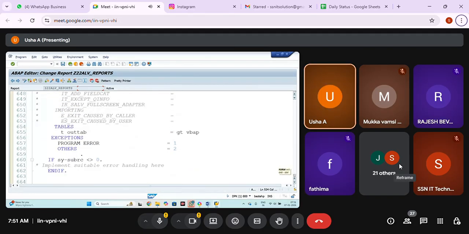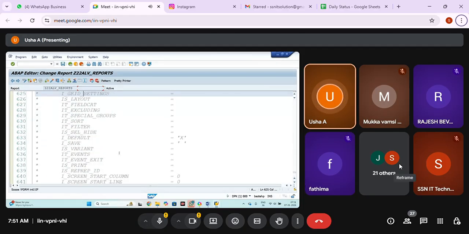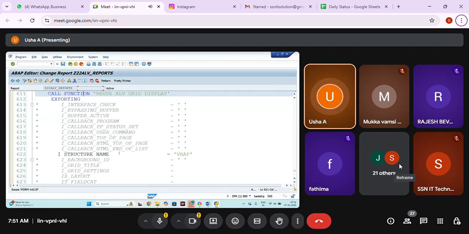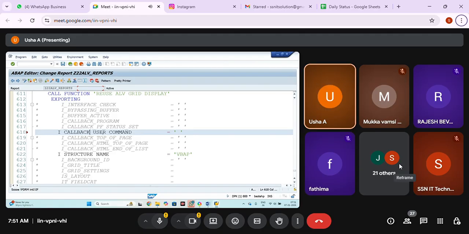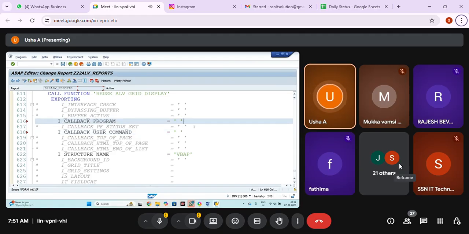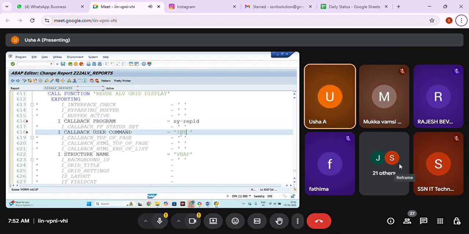This one, right? This is the display logic. In this, I'm going to use the event. Which event? Again, the same. User command is the event. And whenever you're using event, callback program is must. You can use SY-REPID for the callback program. And for this, you need to pass INT2.